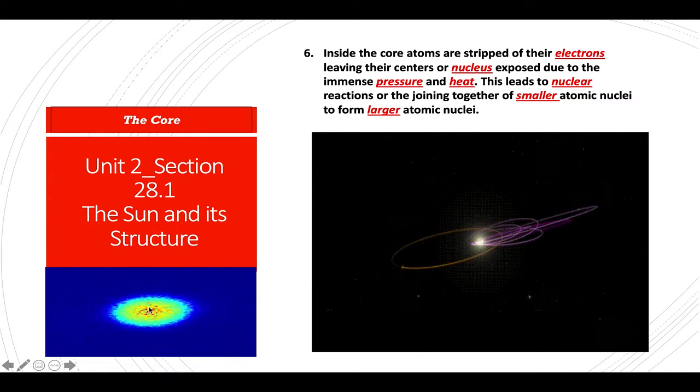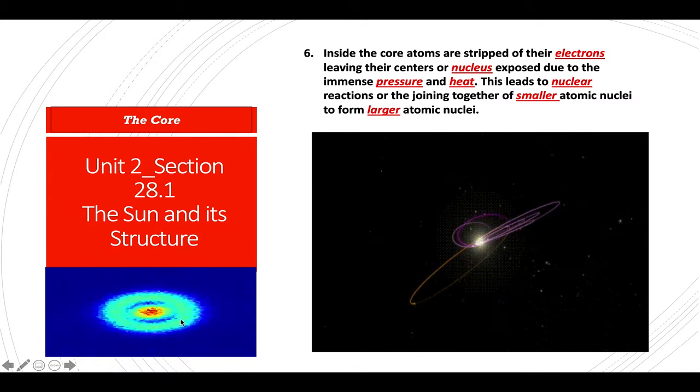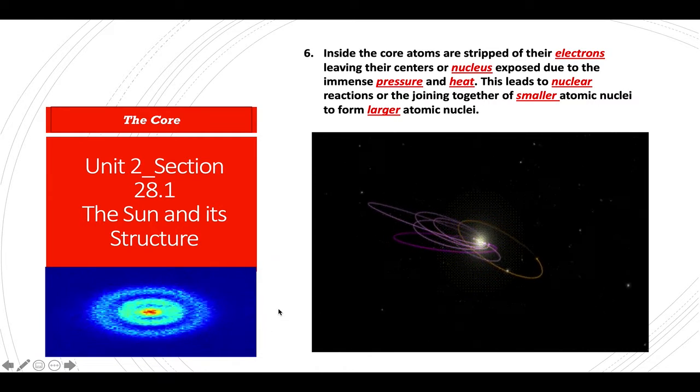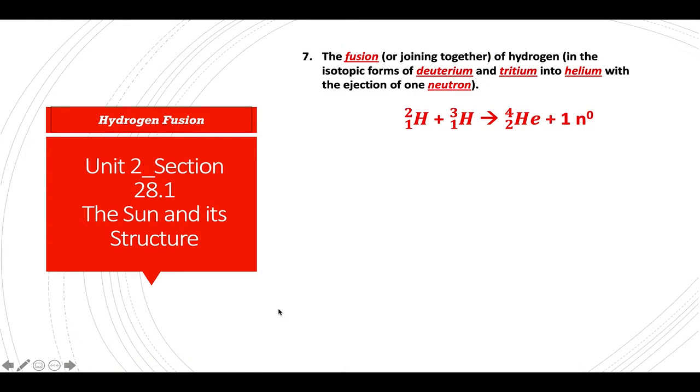This is an actual photograph, time-lapse photography of atoms undergoing nuclear reaction within a reaction chamber. From fusion, we talked about before, it's two isotopic forms of hydrogen, deuterium and tritium. So they're both hydrogen. They both have one proton in the middle, which defines them as hydrogen. But this particular form has two, meaning dual. One is a proton, one is a neutron. Where this one, tri, or three, again, one proton, which defines it as hydrogen, plus two